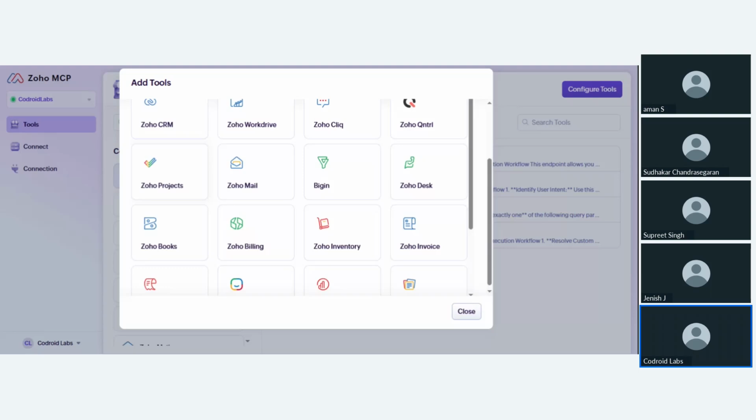Based on your PDF, it will automatically create the records, places, and project inside Zoho Projects. With Zoho Mail, you can send mail to other people with personalized context. Inside Zoho Desk, if you want to create tickets for a particular person who has issues with the product, just one single prompt can do everything.